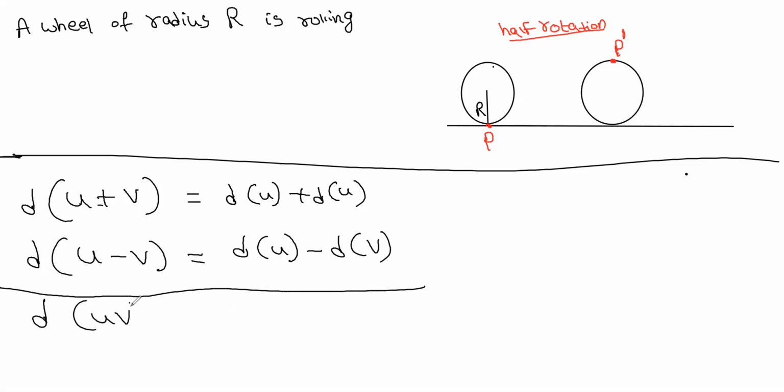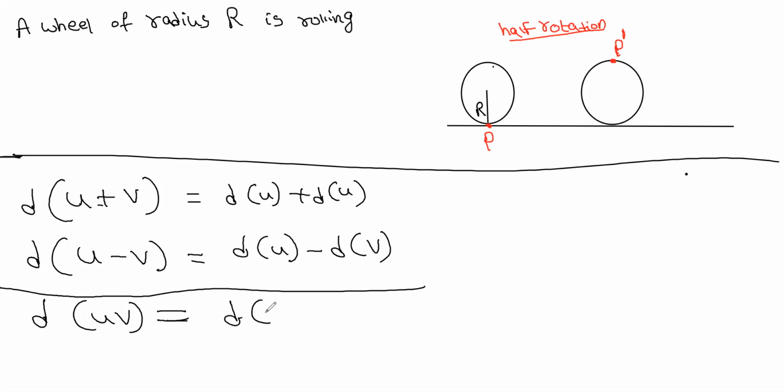So differentiation of UV, you can't write it as differentiation of U into differentiation of V. This is wrong. We should not write like this. This is not the formula. The formula for differentiation of UV, when two functions are multiplying, if you do the differentiation of that,